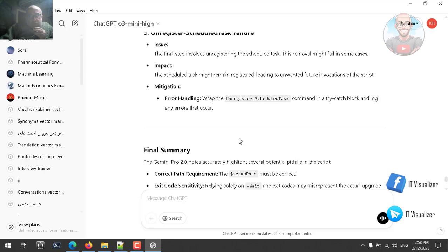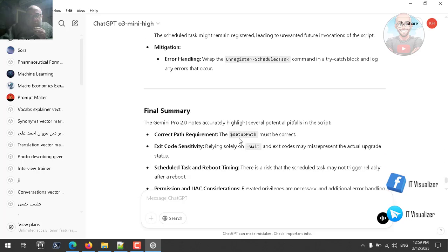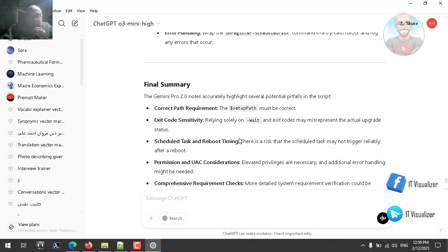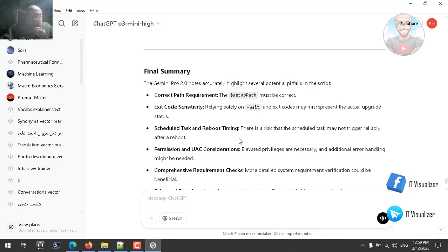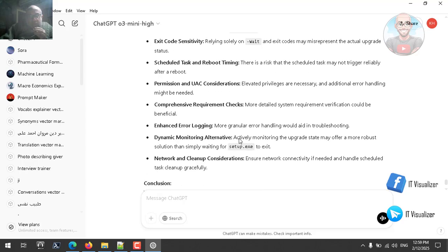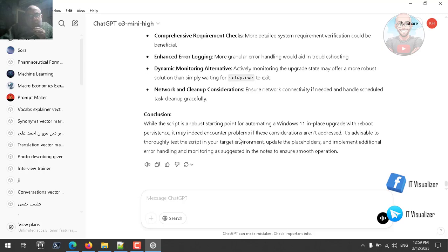Okay, so he is saying these notes are accurate. The setup path must be correct. Exit code, scheduled task reboot, permissions, UAC, requirements enhanced. Okay, let's tell him to